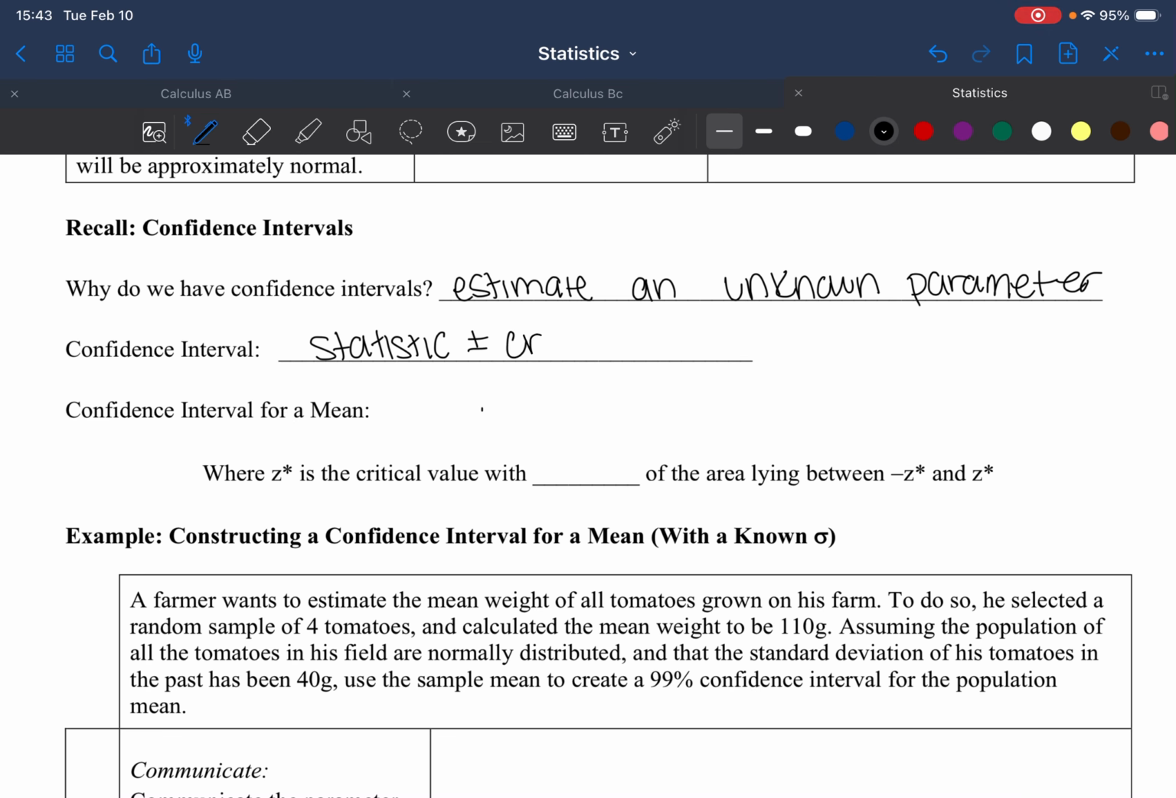For calculate, we would use a one sample Z interval for means. Okay. And this would give us 58.48, 161.52. So to show you that on Desmos,